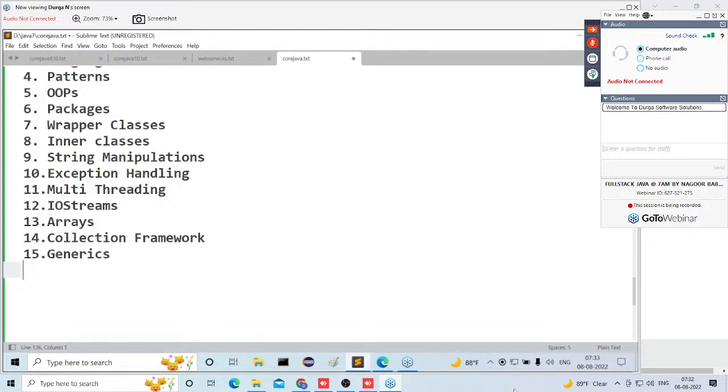Generics is a topic, guys. Observe carefully, all of you. Here, I have given information about arrays. Arrays are able to store the same type of elements, homogeneous elements, or not? What is the advantage of allowing the same type of elements? Typedness will be increased. Typedness means these elements are of one particular type, where we are able to implement strong typedness by taking arrays.